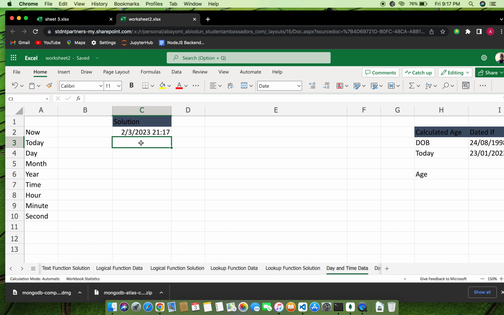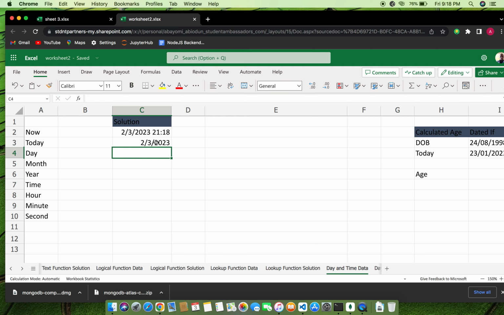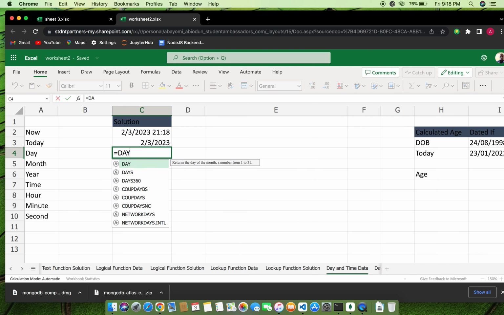So checking for today, I can also go by that formula, which is TODAY, then put in this. So it gave me the date of today, which is February 3, 2023. And what of DAY? So going for DAY,